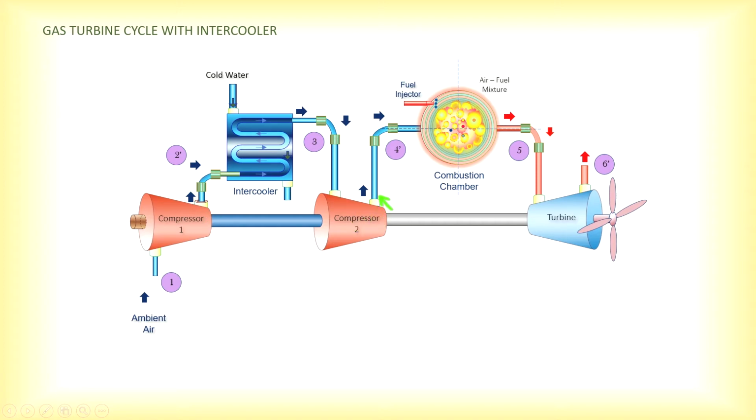Then after that, this high pressure and temperature air will go into the combustor or the combustion chamber where it undergoes a constant pressure heating process. Then after that, you have hot gas at the exit here or at the outlet here. Then it goes into the turbine where it undergoes isentropic expansion. Then it leaves as hot gas at state point 6. Okay, so